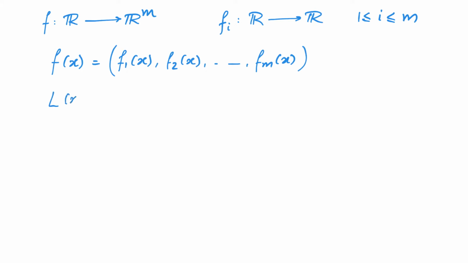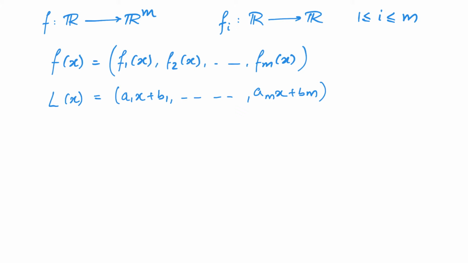And a linear function from R to Rm can be expressed as L of x is equal to (a1x plus b1, a2x plus b2, and so on up to amx plus bm). Notice that here we are using a slightly different notion of linear from what we use in linear algebra. In linear algebra, a linear map should necessarily have all these bi's to be equal to 0. Here we are not requiring that. Here we mean linear only in the sense that it is expressed in terms of degree 1 polynomials.